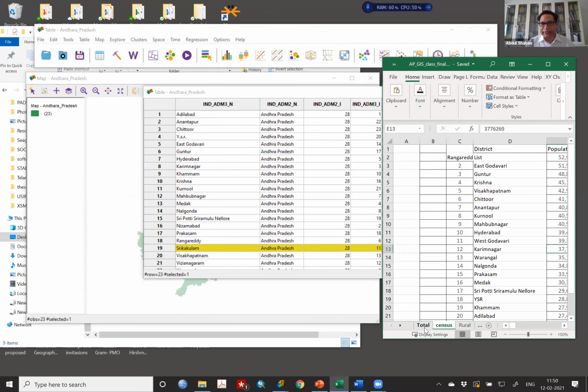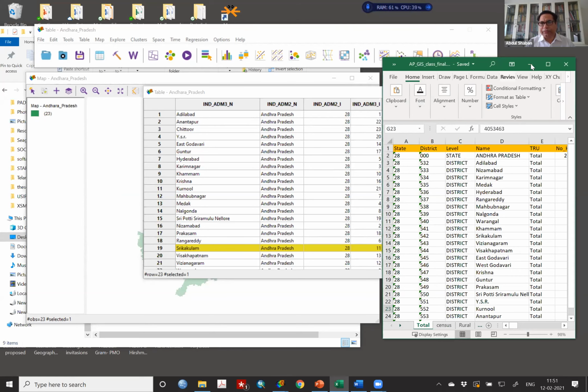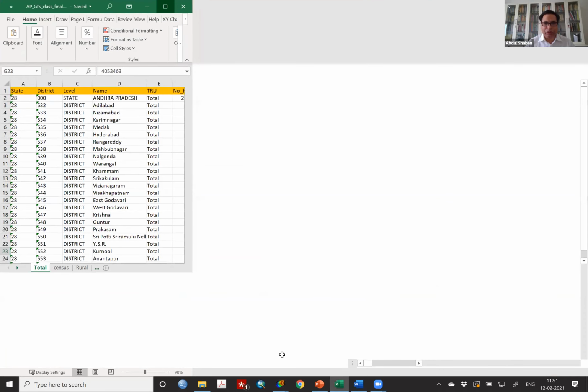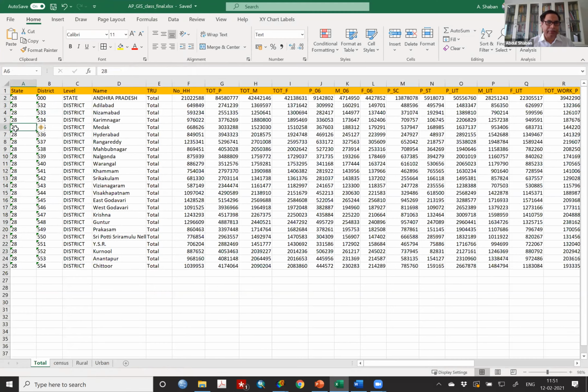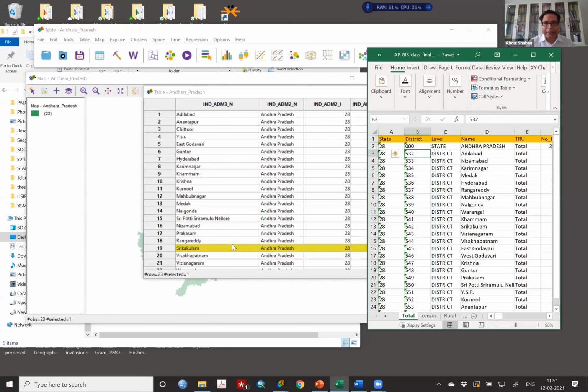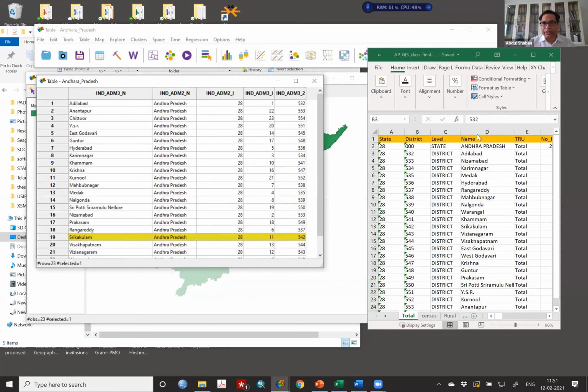As you will find, look at here. If you open all your state file data, which you are working with, it is 28. So you have this. Now the district code is here. Fortunately, both the district codes are matching, so you will not need to do anything. Otherwise, you would have to put the district code. Otherwise, what I used to do in Excel, I used to ask you to put the code. So now just try to see this. You have now India admin 1 code 28. Maharashtra is 27. Andhra Pradesh was 28.